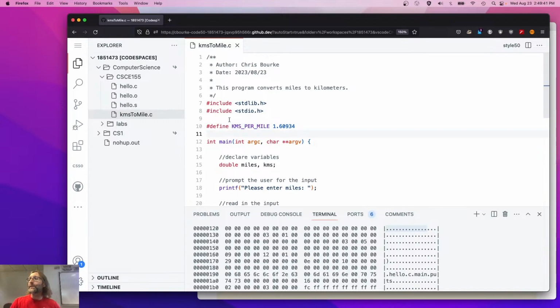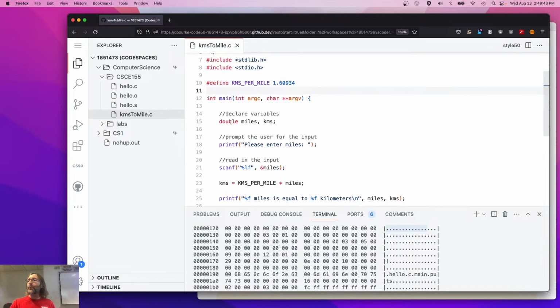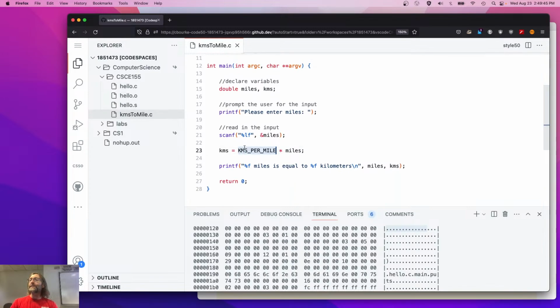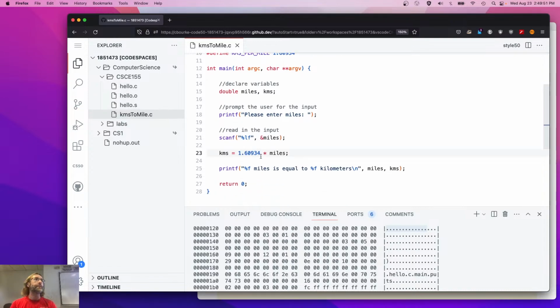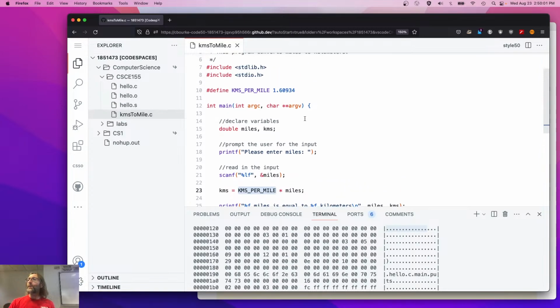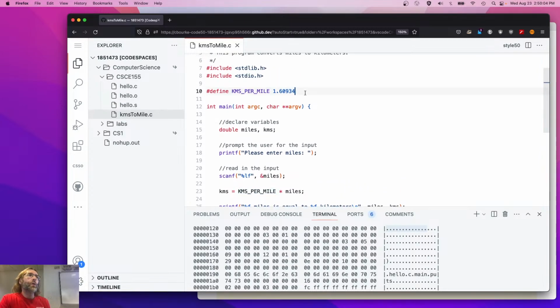Now what happens is the preprocessor goes through my program, and any time that it sees KMS per mile, it literally does a cut, paste. So it has the effect of me using this magic number in my code, but I can use human readable terms for it instead. Not only that, but another advantage. I don't know how to make this more precise, but let's just say that the next digit is 2. Right? Now, if I had used this number,